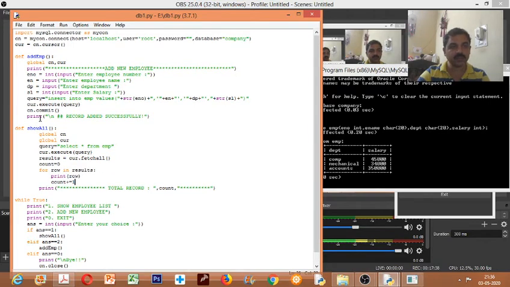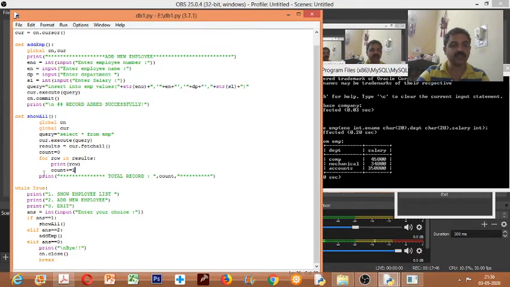In this program, we established a connection in the beginning. Then we wrote separate functions for adding and displaying, and we created a menu. The menu is always executed first because it is in the main part of the program, written outside the functions. Here while True is used for an infinite loop, so first it displays the options, then as per the option the user enters, it goes to the particular function.